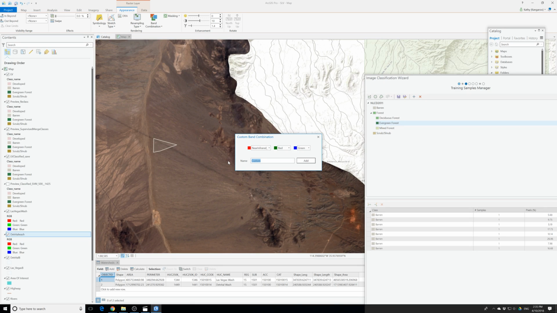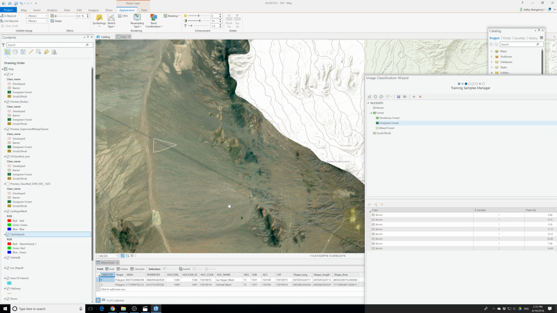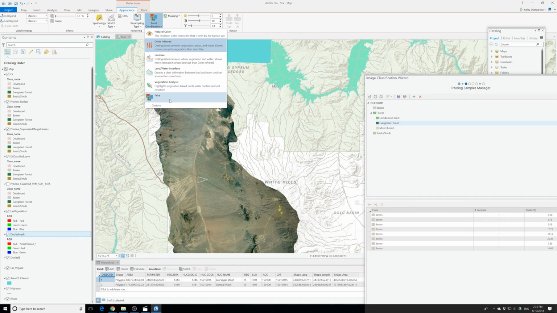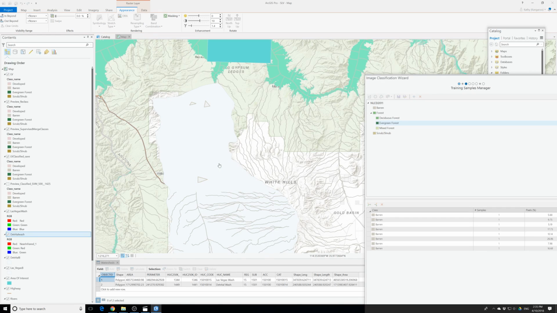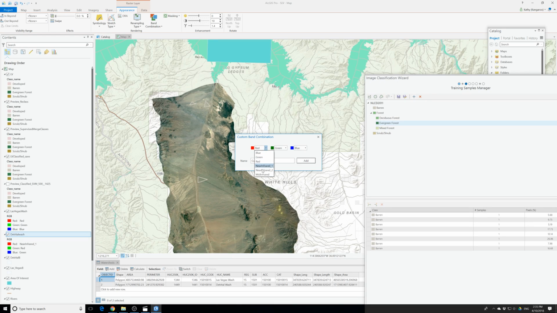Okay. Click add. Now it will be a lot easier for me to do the editing, so for the false color,